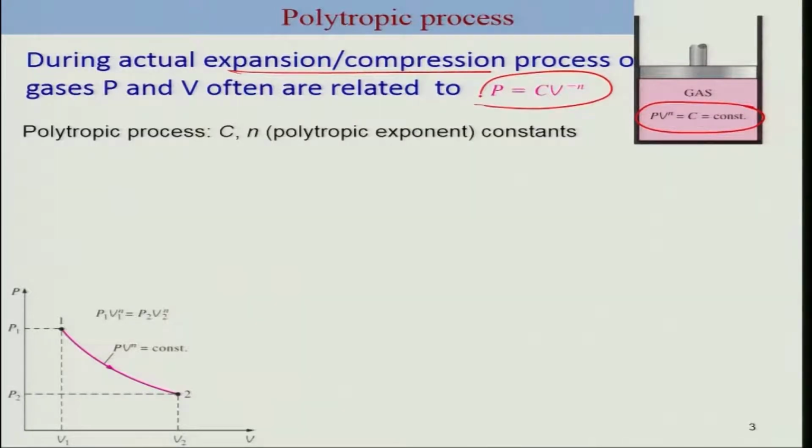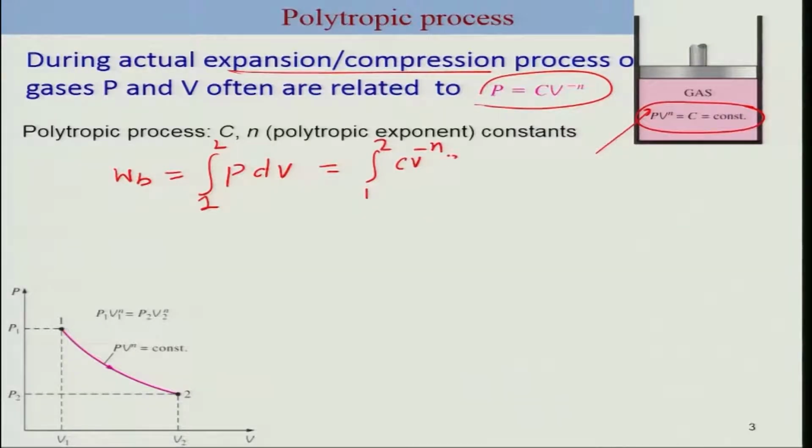So let us consider such a process in quasi-static equilibrium conditions, and our interest is to find out the boundary work for such a system when the gas expands and contracts, having this relation of P and V. So we will consider again W_B, the boundary work, and we will make use of this expression. Again, this is true when assuming quasi-static equilibrium, so that we can make use of the pressure of the gas in the system. So we can put P as